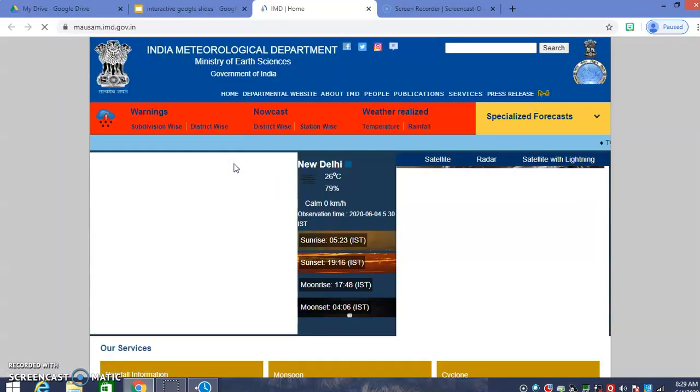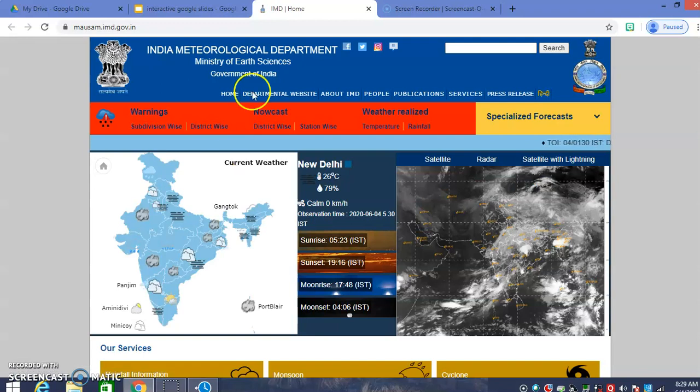So we have moved out of our Google slides and we have gone to the Indian Meteorological Department, where you can see the weather conditions. So the weather conditions for Panjim appear to be cloudy. Maharashtra has dark clouds. Let's say a place in Jammu Kashmir, there are no clouds shown.